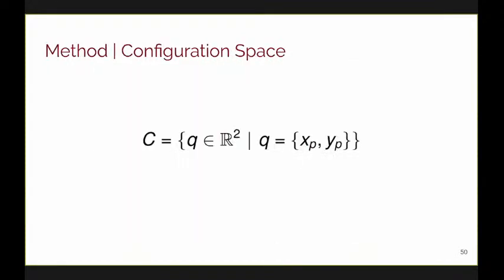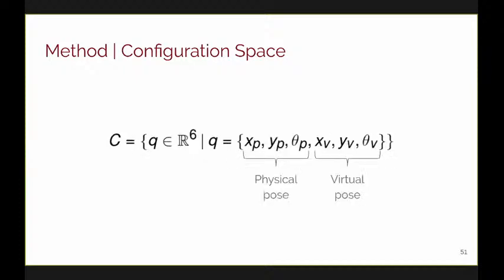So in the previous work, I didn't really mention it because it wasn't relevant, but we were still using a configuration space. However, our configuration space was simply the X and Y coordinates in the physical environment. And because we are so used to thinking about Cartesian coordinates in an environment, it didn't make sense to draw upon the fact that we were using configuration space. However, in order to achieve the environmental alignment, we need to have a condensed state of both the virtual and the physical environment. And so we can create configurations that represent both the physical and virtual poses.